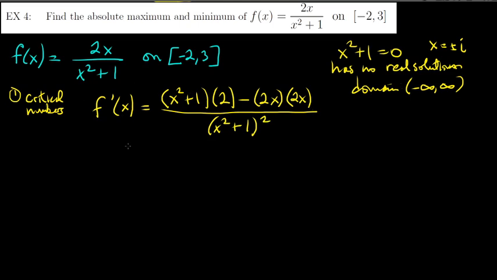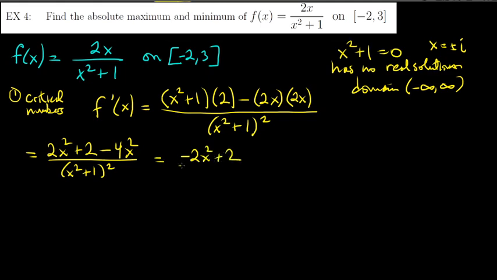And we can simplify this a little bit. We're going to get 2x squared plus 2 minus 4x squared all over the same denominator. Let's not multiply that out. But we get like terms here. 2x squared minus 4x squared is negative 2x squared plus 2. Right. And in fact, we can go even further. We can factor out a negative 2, and then we just get x squared minus 1,